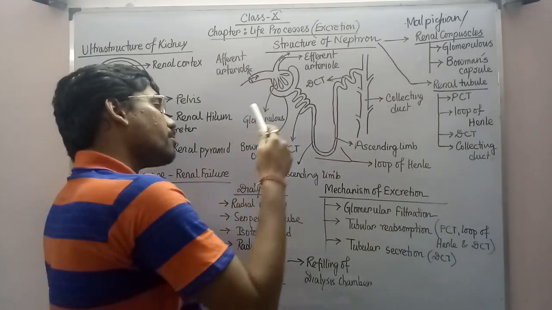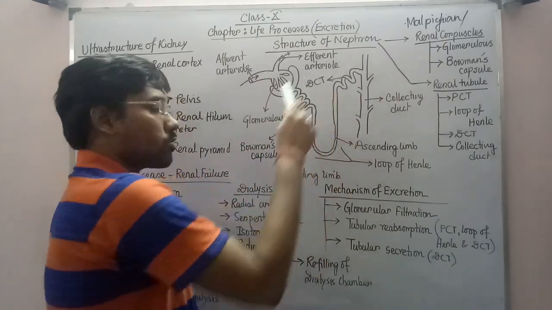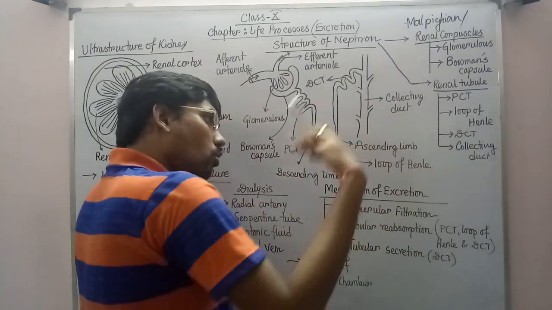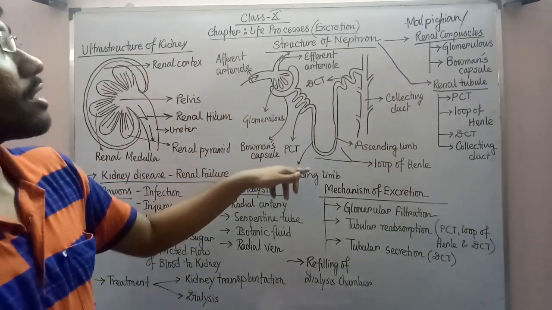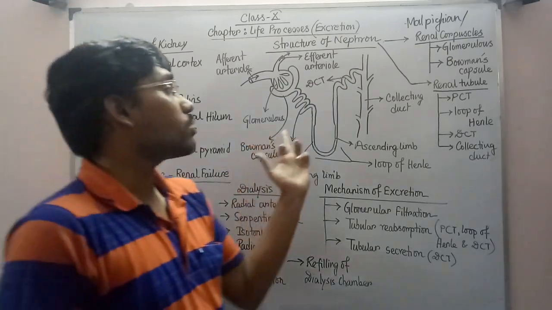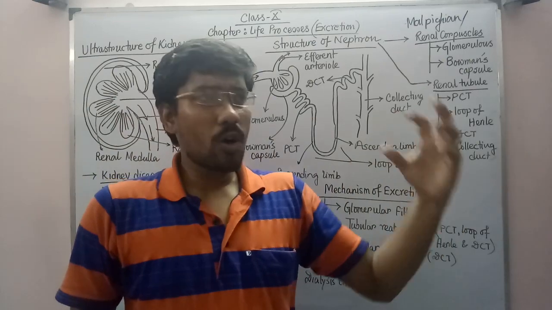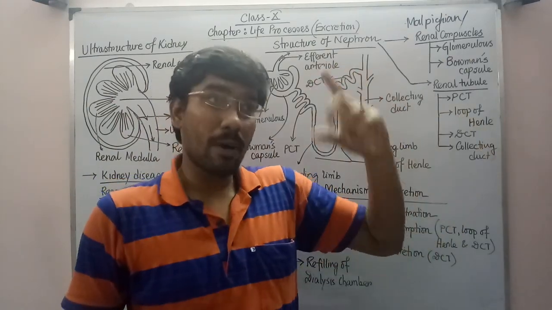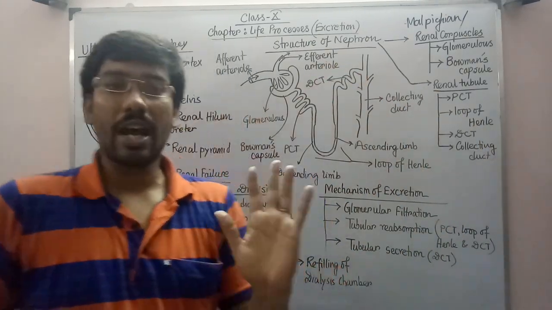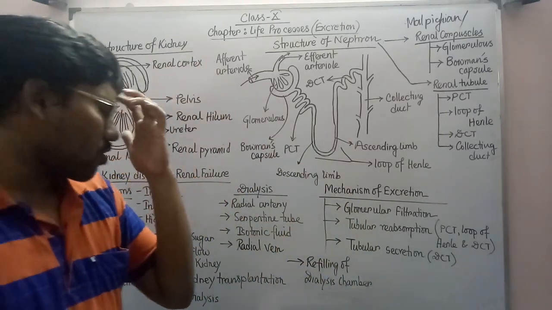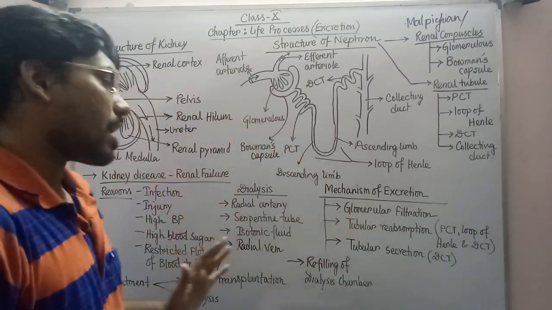Those things get reabsorbed throughout the entire pathway of the renal tubule, while more toxic material and more waste products will be added into the nephron in the DCT region. So when the urine comes into the collecting duct, it will contain very little water, very few ions, but more toxic agents or nitrogenous wastes. I think you have understood the entire excretory mechanism, the entire urine formation process.